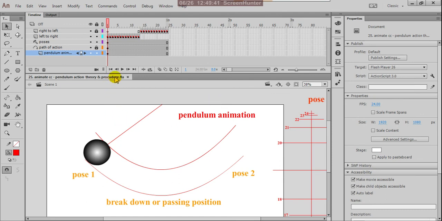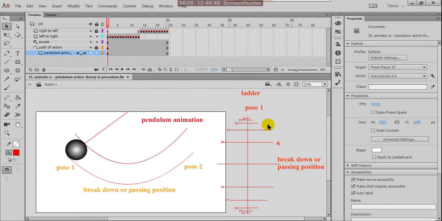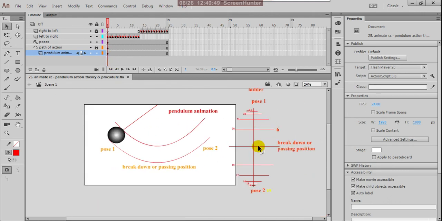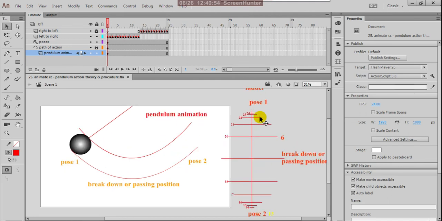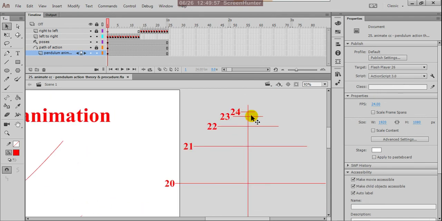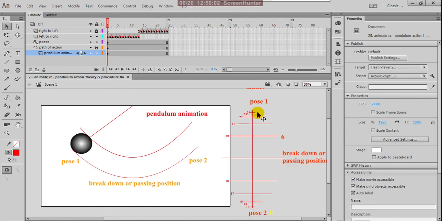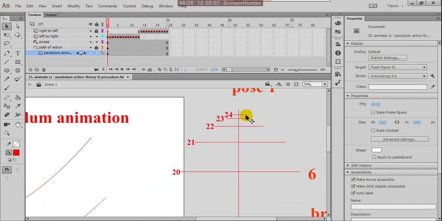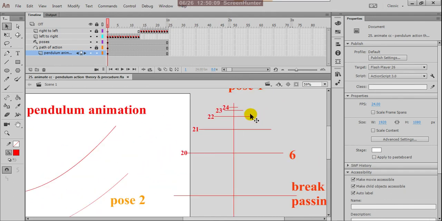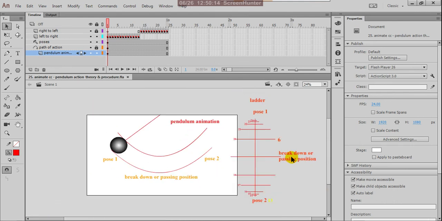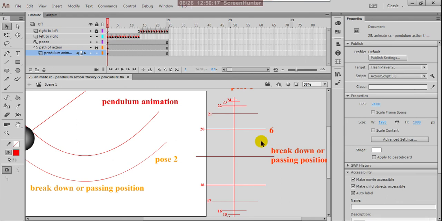Okay, you can plan your pendulum, you can design your pendulum and prepare your ladder also. So ladder is nothing but continuous frames. It is showing in the ladder, but actually what does ladder mean? The frames one by one, how you are arranging your frames, the same way we are using it in the ladder. Suppose here it is the first pose, and this is the second pose, the third, fourth, fifth, sixth, this is the seventh, it is the breakdown or passing position.